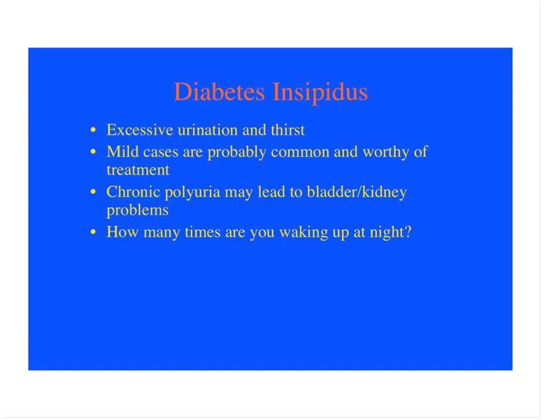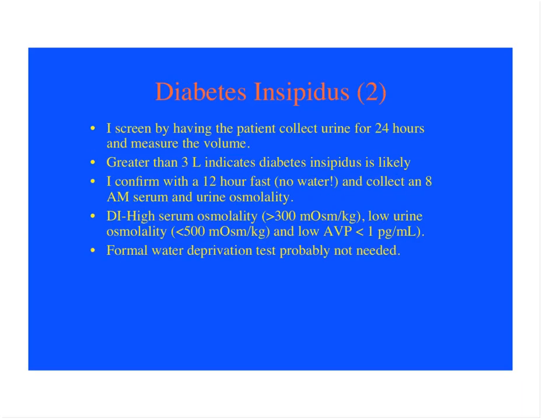Chronic excess urination, called polyuria, can lead to bladder and kidney problems, and the first question I ask is how many times the patient has to wake up at night. If it's more than one, I am concerned about this as a patient who has hypopituitarism. I screen by having the patient collect the urine for 24 hours and measure the volume. Greater than 3 liters indicates that diabetes insipidus is likely, and I confirm with a 12-hour fast, no water, and